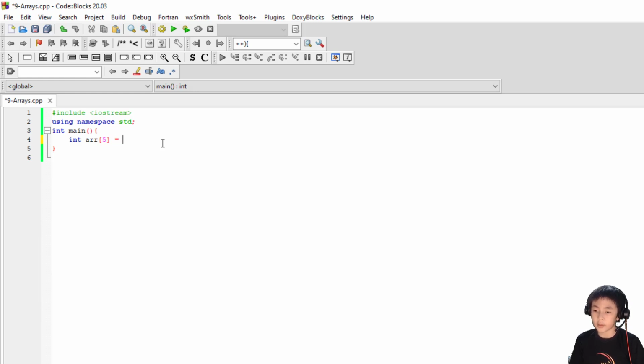Then, I'll write equals to curly brackets, and now I will write my data that I want to store in the array. As this is an integer array, I can only write numbers, so I will write 1, 7, 8, 2, and 3. As you can see, these are 5 values, 1, 2, 3, 4, 5, as I wrote 5 here. Now, to print out the things in the array, I will make a for loop for